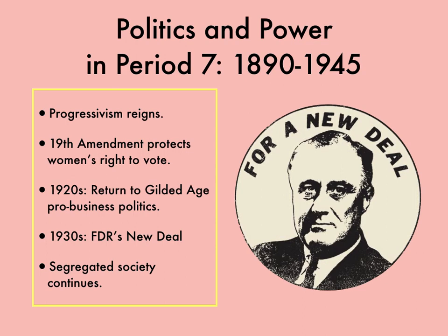There are 3 political phases to time period 7: the Progressive Era, Gilded Age Part 2, the 1920s, and the New Deal. During the Progressive Era, both Democrats and Republicans believed that government could be an effective manager for the nation and help to redirect it after the capitalist excesses of the Gilded Age. It's important to note that progressives were a wide net, and these politicians were not on the same page when it came to how government can best manage the nation, but they all did agree that government had a clear